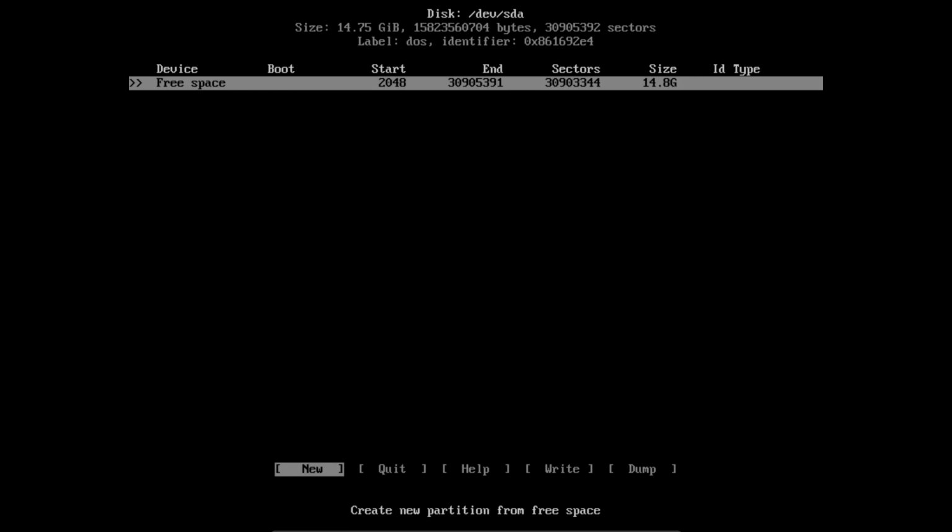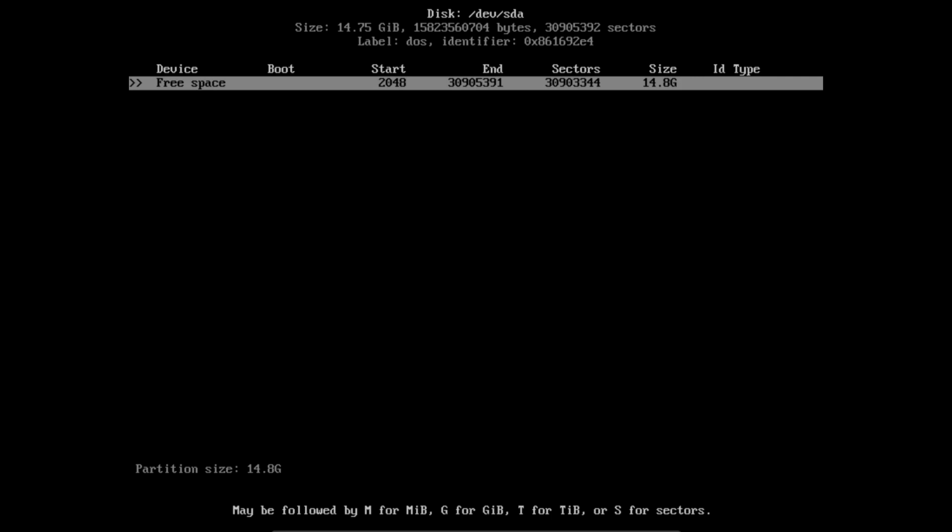We use 2 gigs of RAM for the swap and the rest for the system. We create a new partition now with new. Here you can see the partition size. No, we cannot use 14.8 gigs because that would be all. We need 2 gigs for the swap, so we take